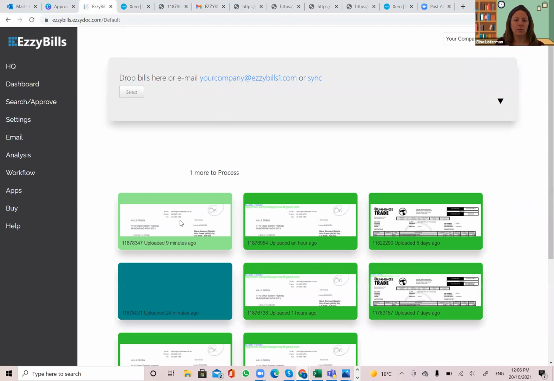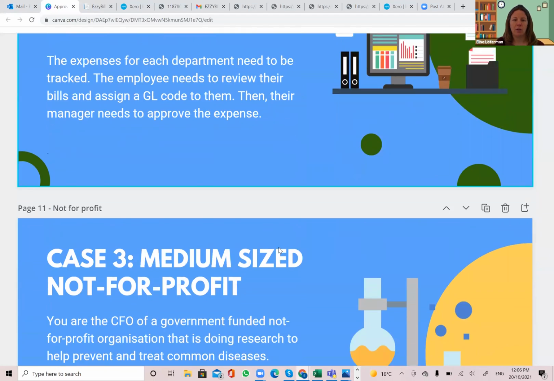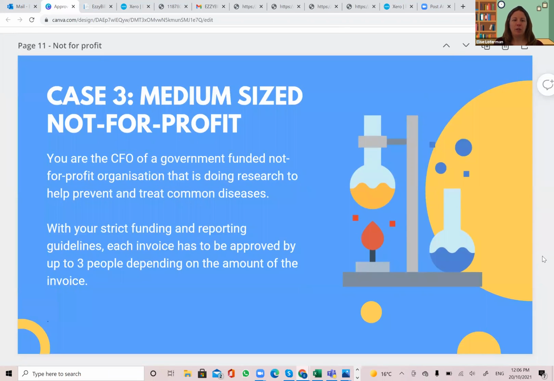Okay, so let's see. While that document is in progress, I think we'll start with the next case study and jump back to that document when it has been processed. Okay,